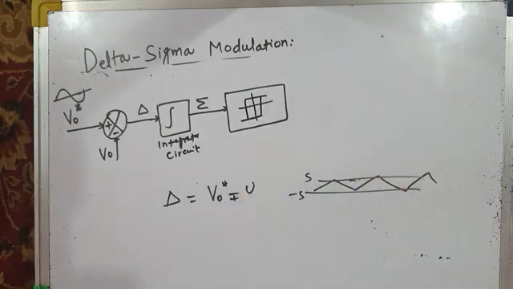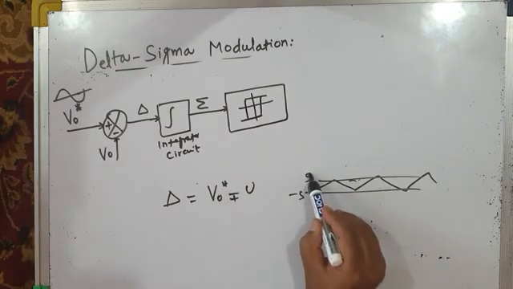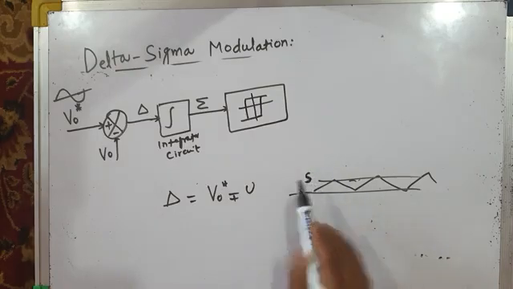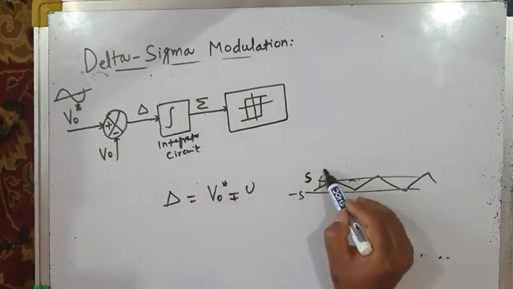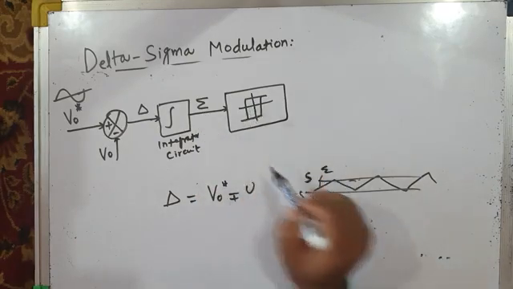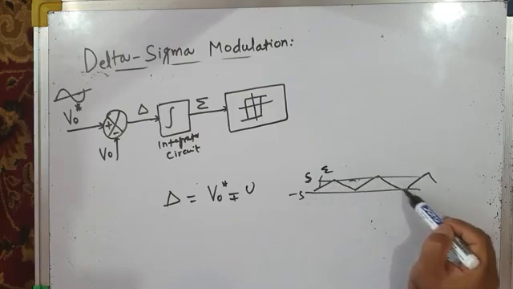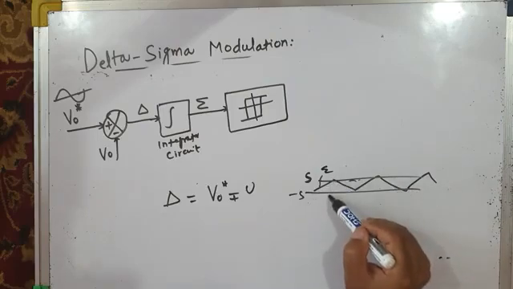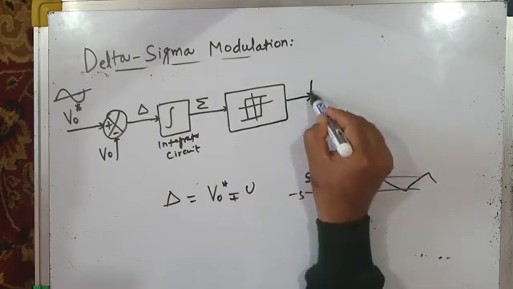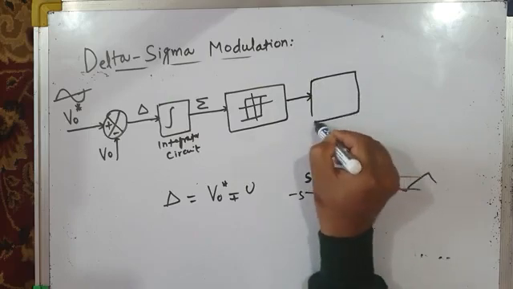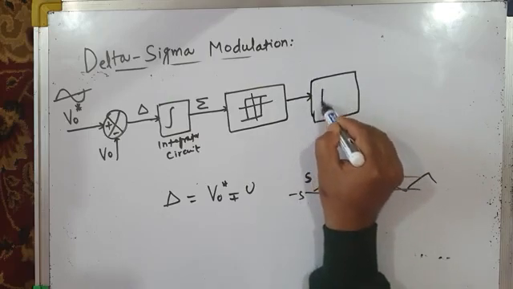This is our hysteresis circuit, where we already have the upper hysteresis band and the lower hysteresis band. We have already defined that. When the sigma is given to this, the sigma will oscillate between the upper threshold plus S and the lower threshold minus S. How? By the generation of appropriate gating pulses, which are given to the switches of the PWM voltage